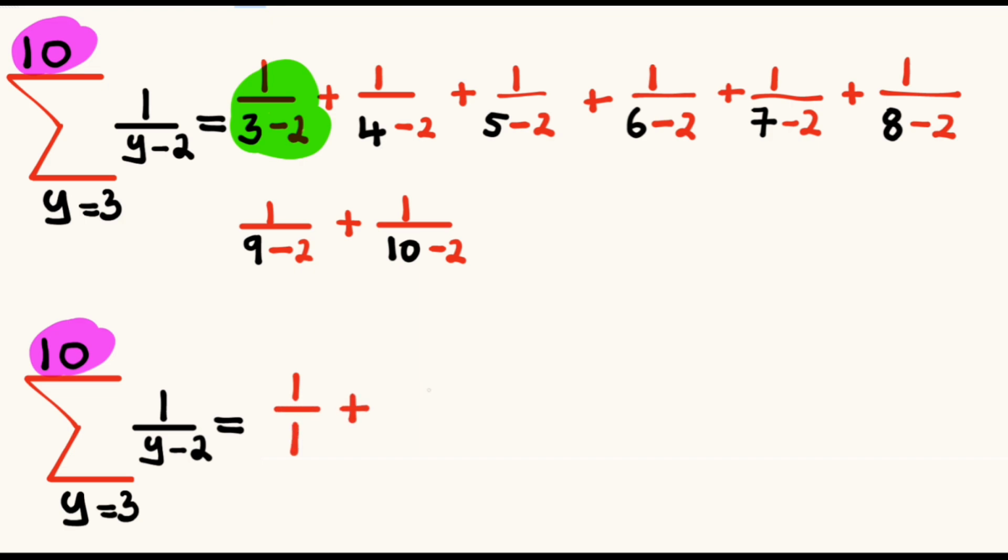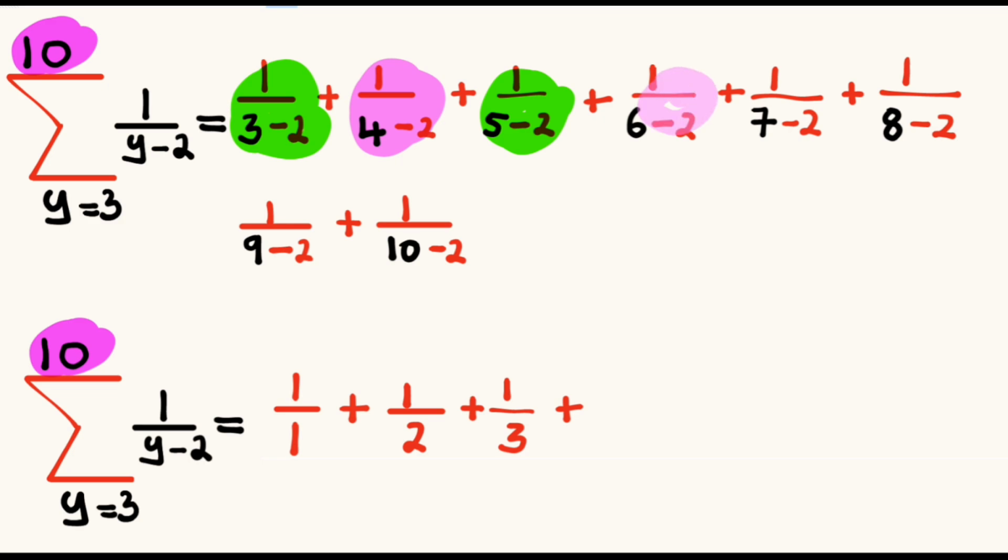So we have 1 in the denominator, and the second one we have 1 divided by 4 minus 2, and in the denominator 4 minus 2 is equal to 2, plus 1 divided by 5 minus 2, and 5 minus 2 is equal to 3, plus 1 divided by 6 minus 2, and 6 minus 2 is equal to 4,